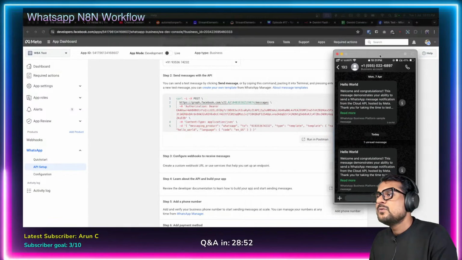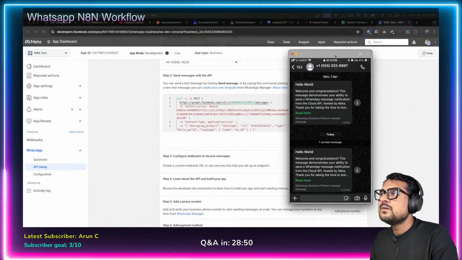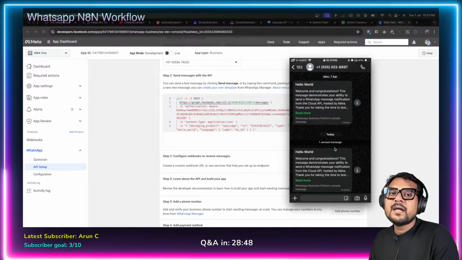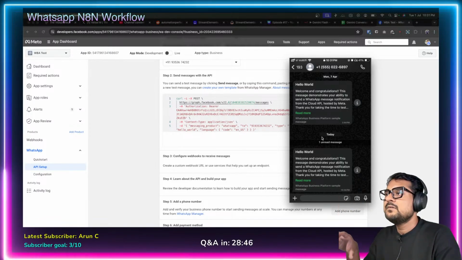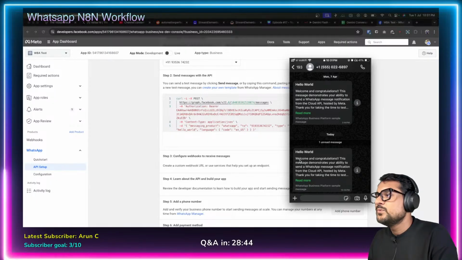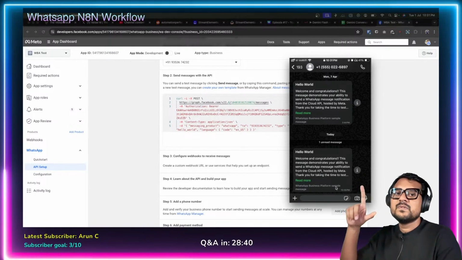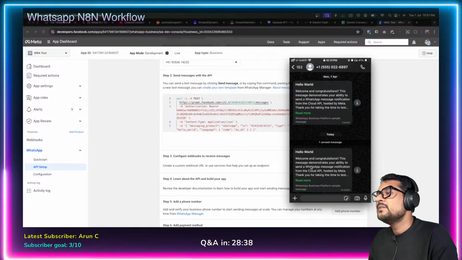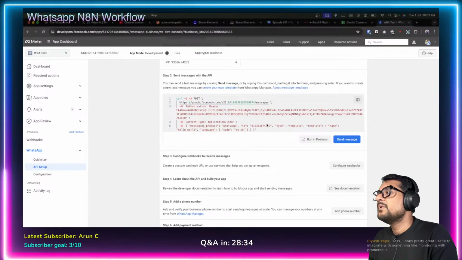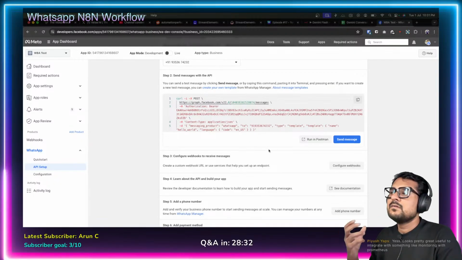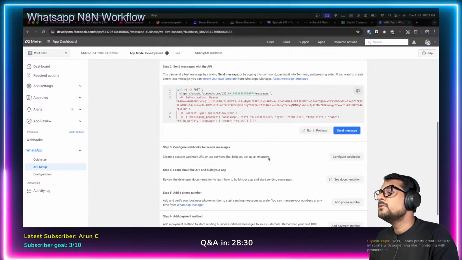Right, so if you can see my screen here, this is my WhatsApp account with the number that I just used. This message, which I received at 10:30 p.m., which is our time right now, is the message I just received as part of this test message which Facebook has sent. But the problem is